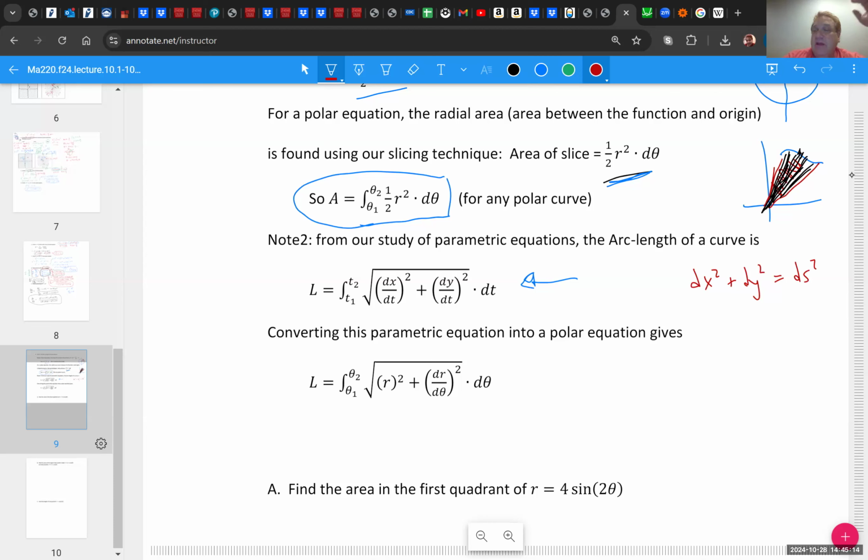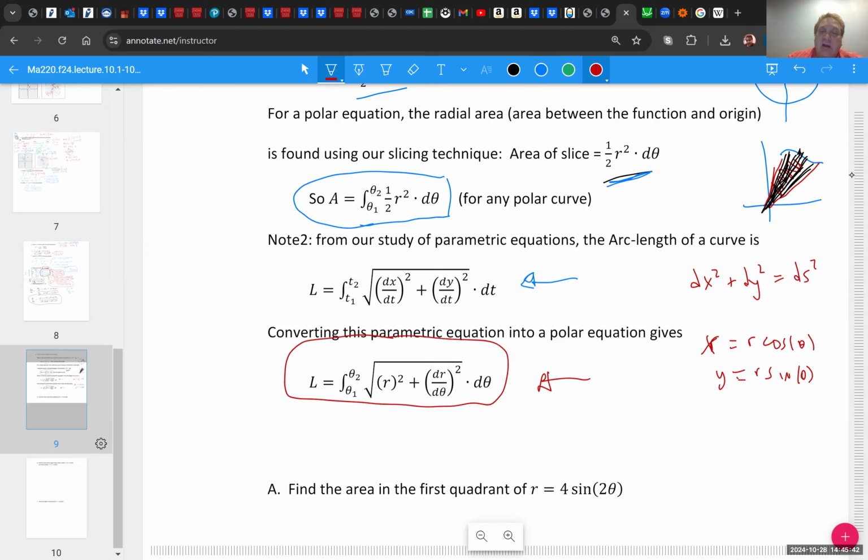That's the Pythagorean theorem, and just manipulating it using some algebra. So if you do another bit of algebra with r's and thetas, remembering that x is equal to r cosine theta and y is equal to r sine theta, if you just divide by d theta squared instead of dt squared, and you use these simplification formulas, you end up with this